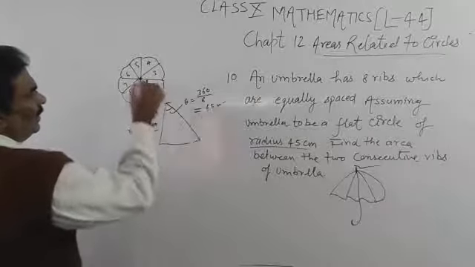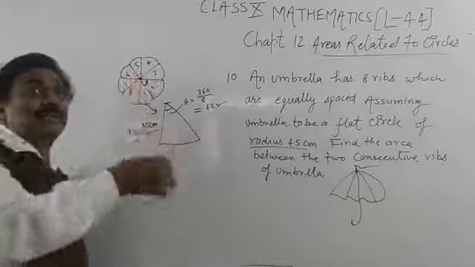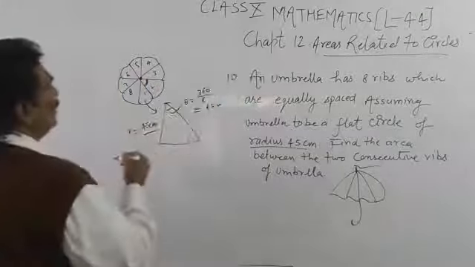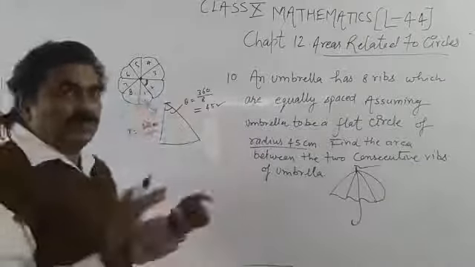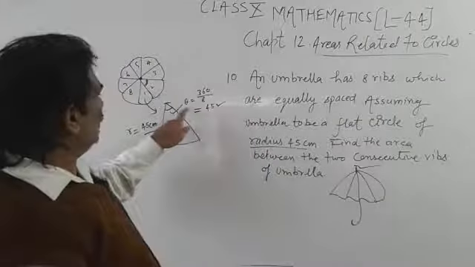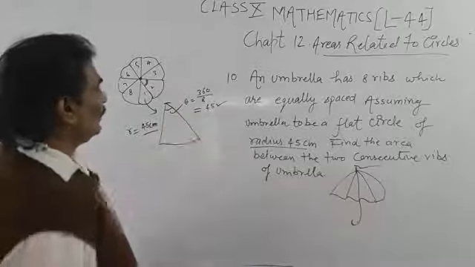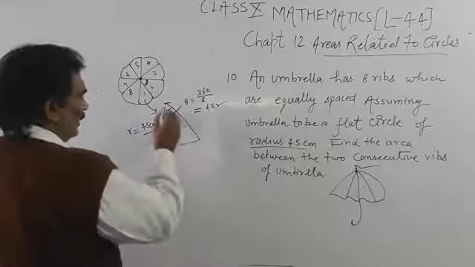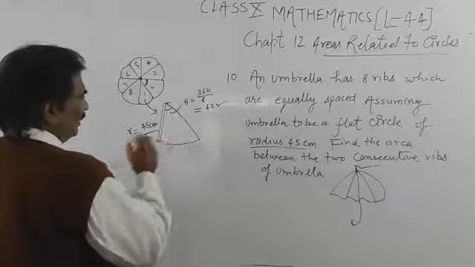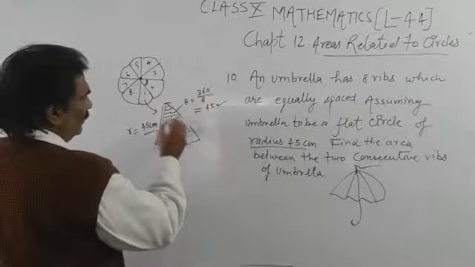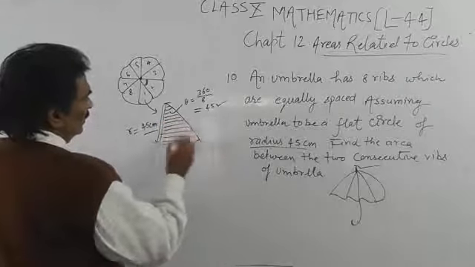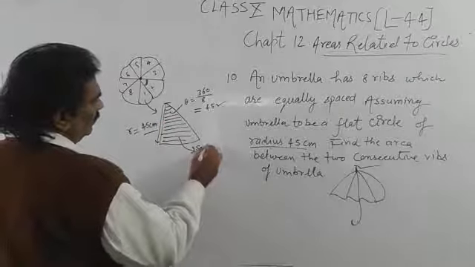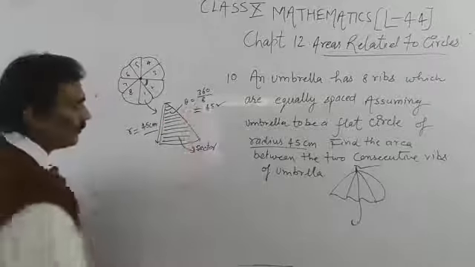is 45 degree, because at this point there is a complete angle of 360 degree, and 360 degree is divided into 8 parts. So theta is equal to 360 upon 8, that is 45 degree, and this radius is 45. So this diagram is like a sector of a circle,